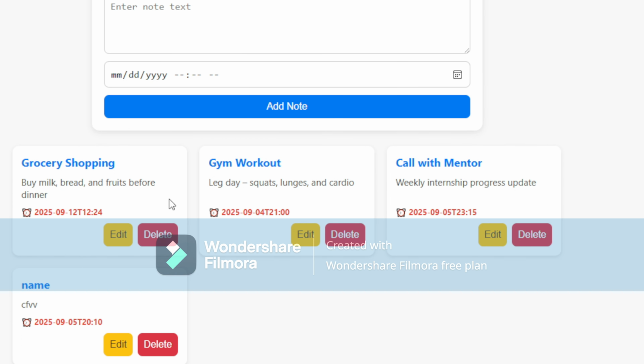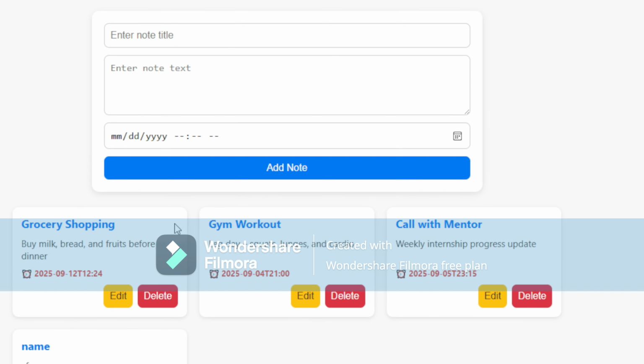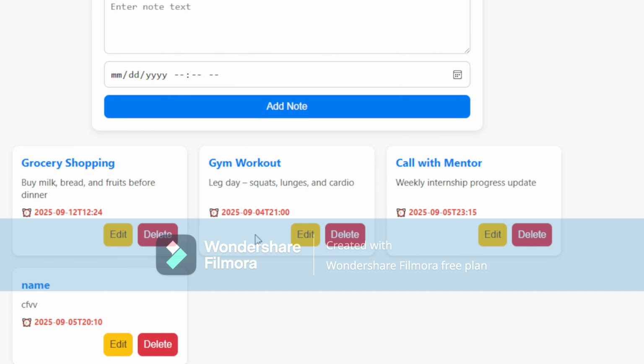One of the most important features of this application is the reminder alert. The app continuously checks the deadlines of all saved notes. As soon as the current date and time matches a note deadline, an alert message appears reminding you about the task. This makes the app practical for real-life usage, as it not only stores information but also helps you take